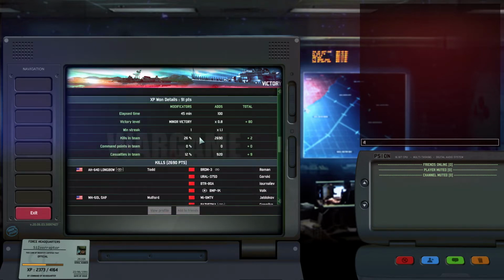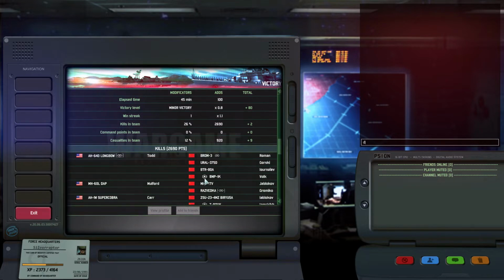Let's see what we all killed. So, Longbow killed a BMP-1K. They had a BMP-1K too far in the front that took it out. I think this was the original CV that was going to try to capture our zone in the beginning on the right. The DAP killed